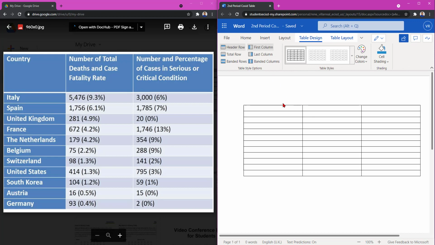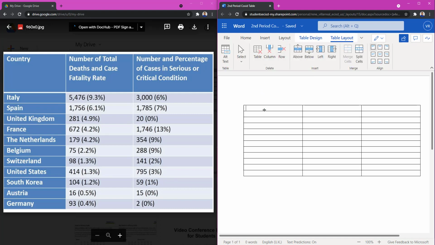Alright, so when you click on your table, or when you create your table, you'll see that you have all these things like cell shading, and some other options up there. Table layout, you've got some other options here too. So first thing we're going to type out is country,